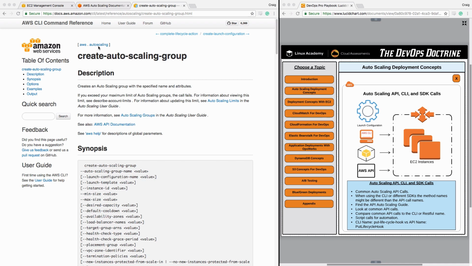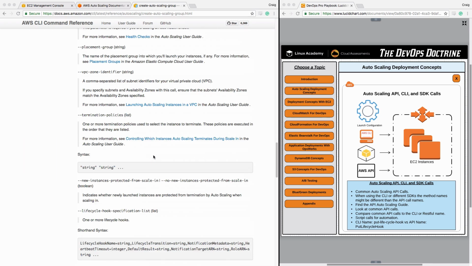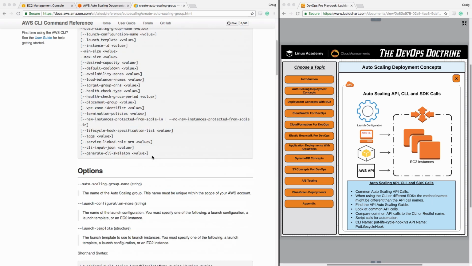And we'll see when we go to the CLI, and we're going to create an auto-scaling group. We're going to preface this command with AWS space auto-scaling, and then a command, and of course the necessary options. Okay, so looks fairly simple to create an auto-scaling group from the CLI,